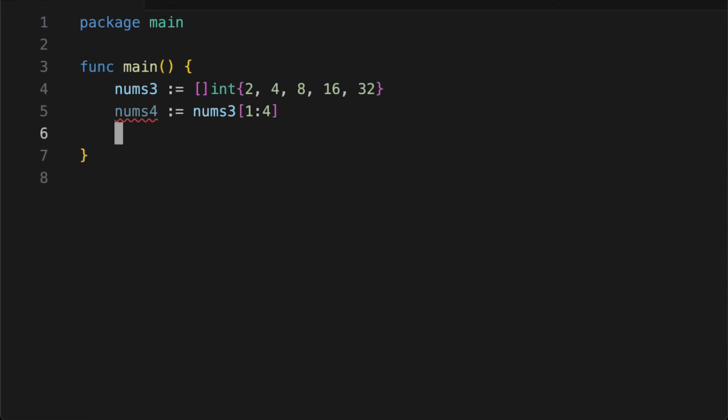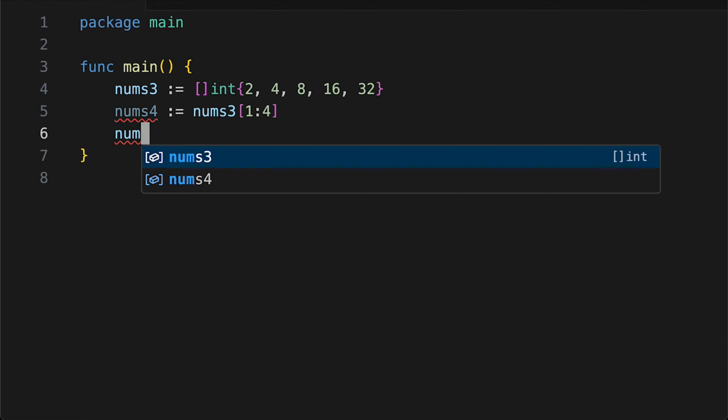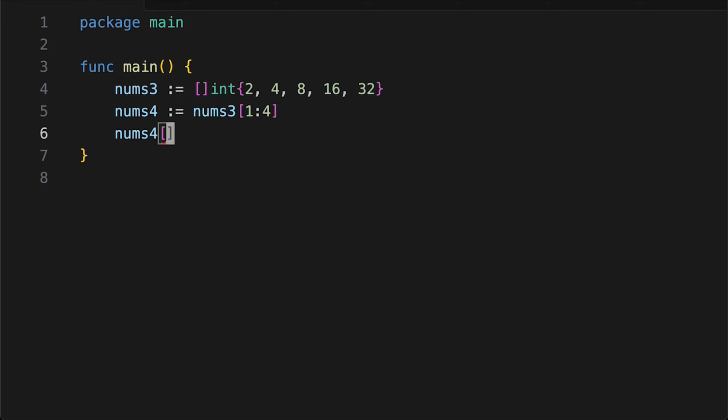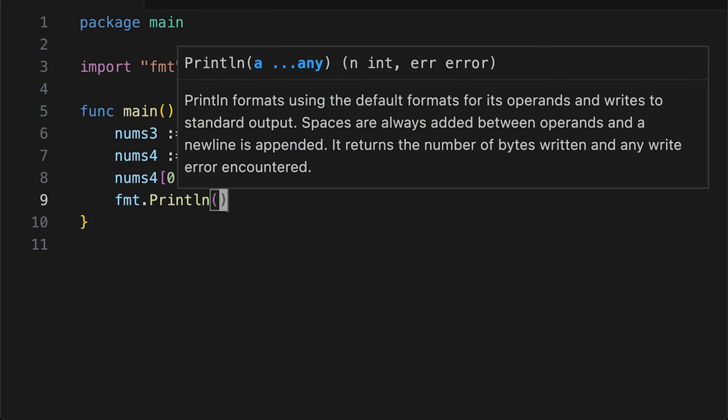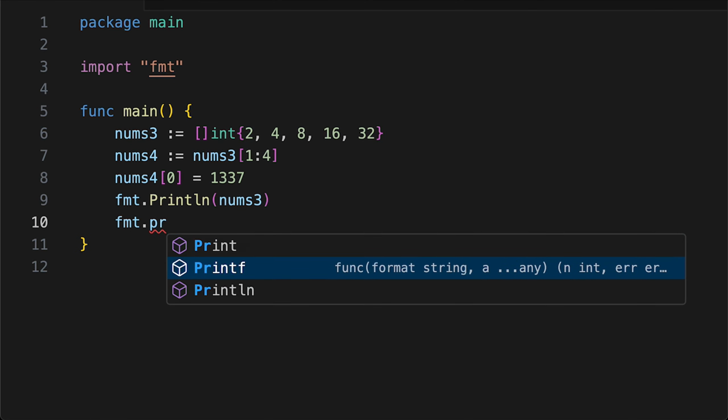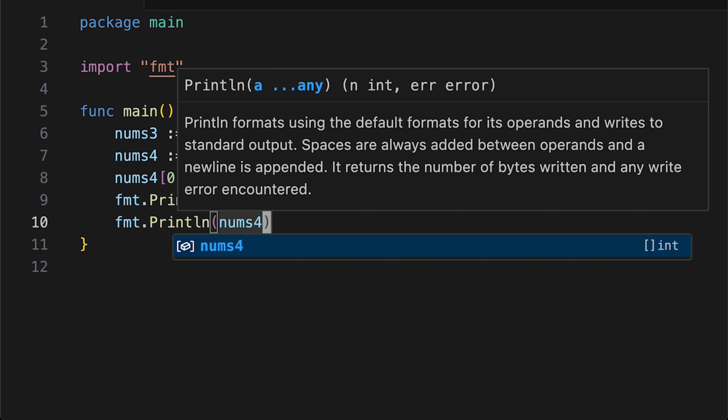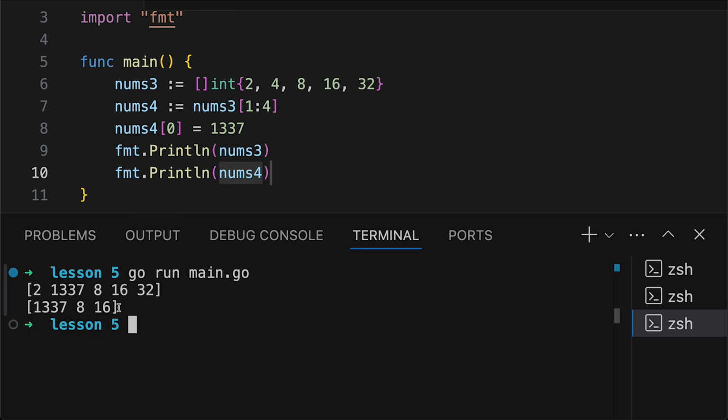And then let's modify nums4, so nums4, and let's give index 0 a new value, so let's say 1337, and let's print out the result. So fmt.Println nums3, fmt.Println nums4. As we can see here, both of the slices have been modified, and that's because they use the same array